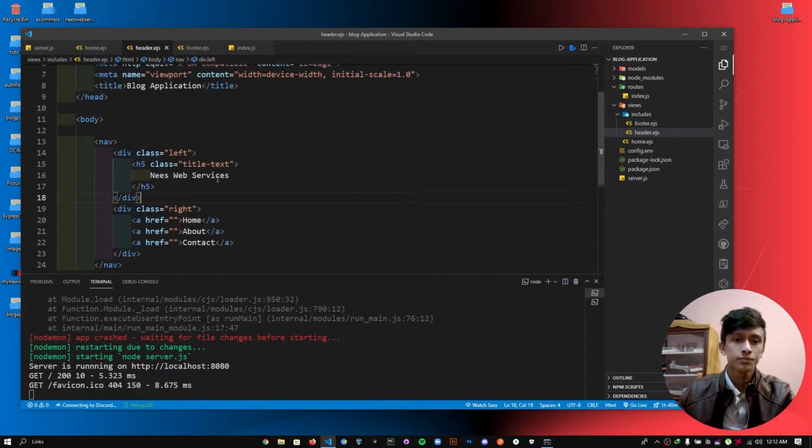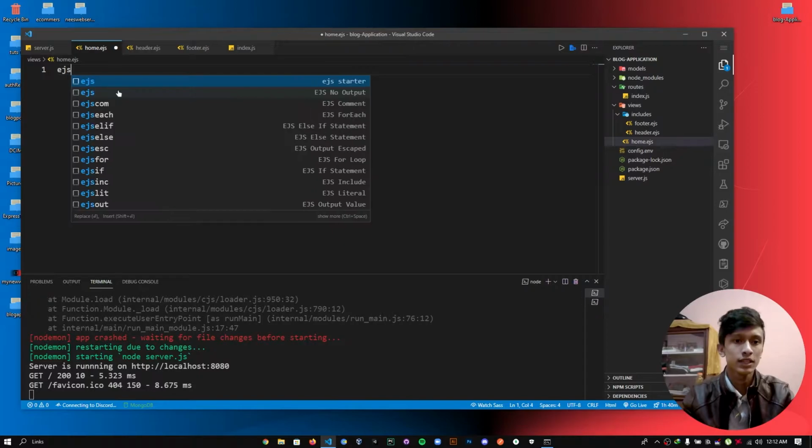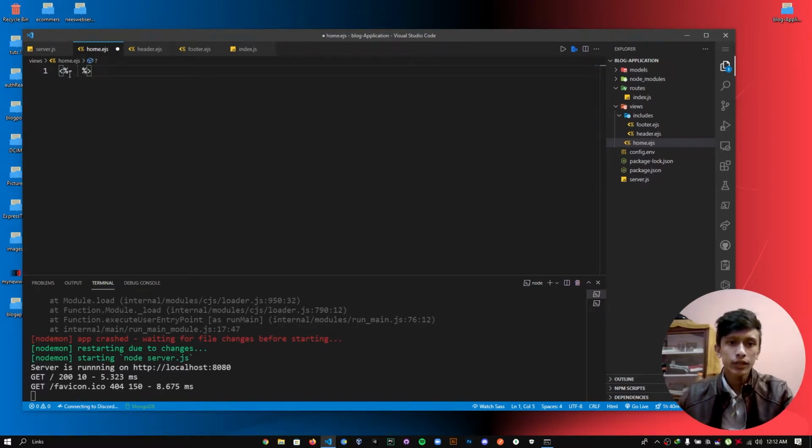Now what we have to do is import this into our home. To do so, just type EJS if you have the user snippet there. If you want me to teach how you can create this type of user snippet, please comment down below. Or you can type less than, percentage and the hyphen sign, then percentage and the greater than sign. So hit that and here enter include